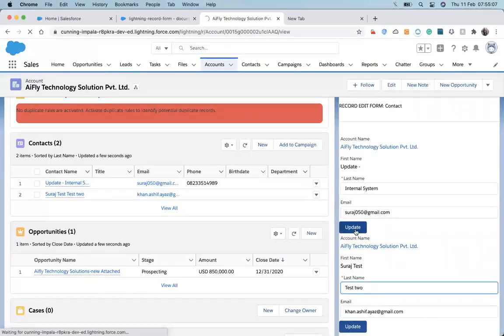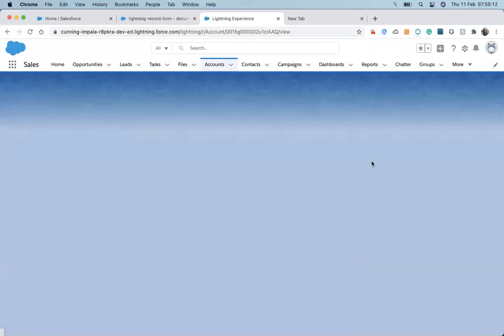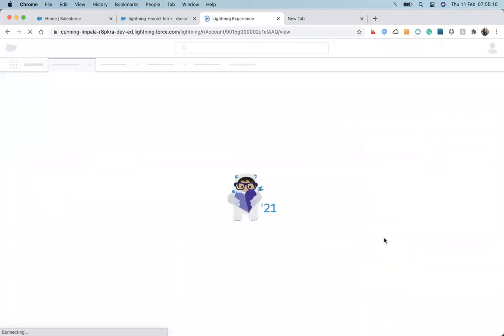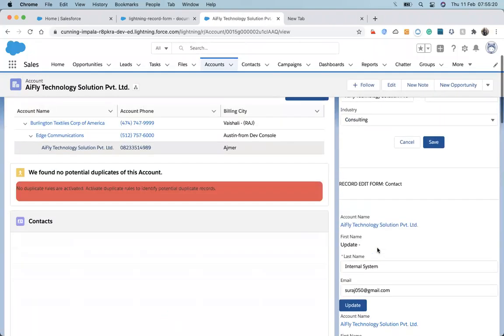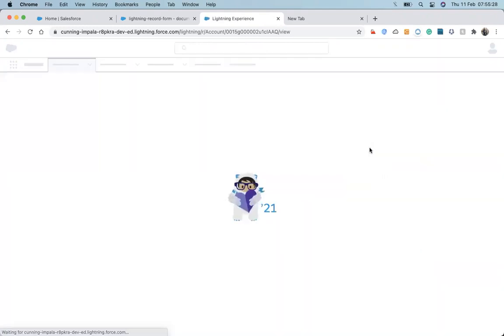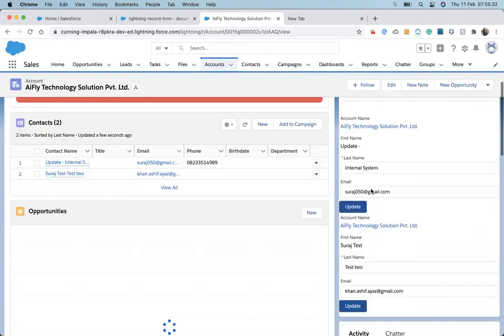Actually, it looks sticky to each other, so I just want to make it separate from one to another. It's not doing that. Then again, I need to do login, but it's okay. It's just a UI thing. You have to learn about the functionality. I need to do logout and relog in.